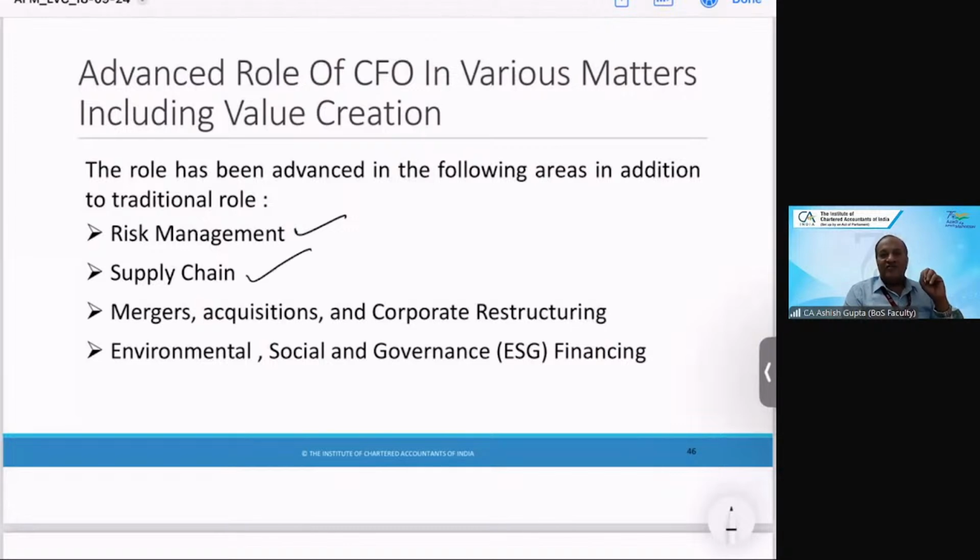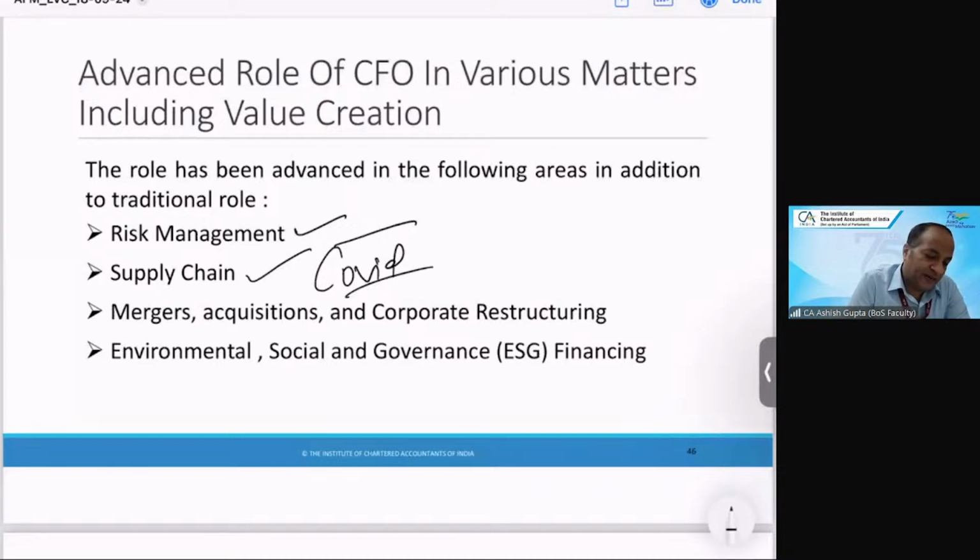Then supply chain management has become more important, especially in the time of COVID. What exactly is supply chain management? Supply chain management is basically concerned with ensuring that the raw material is made available to the factory unit, and once the process units are ready, how the goods are made available to the customer. So overall, this process has become very important because smooth flow of the raw material as well as goods makes the business sustainable. Once there is any blockage, the business will collapse.